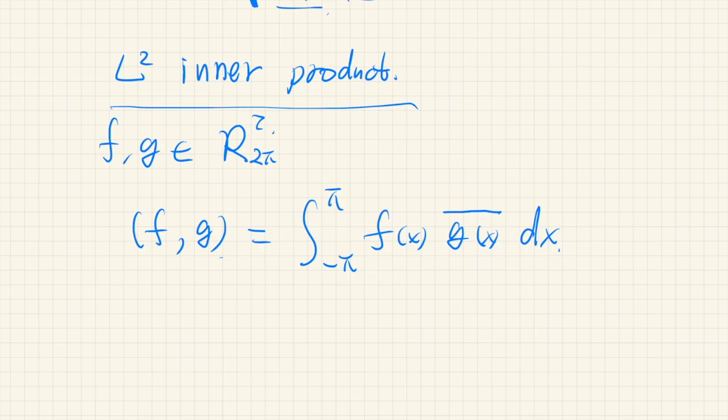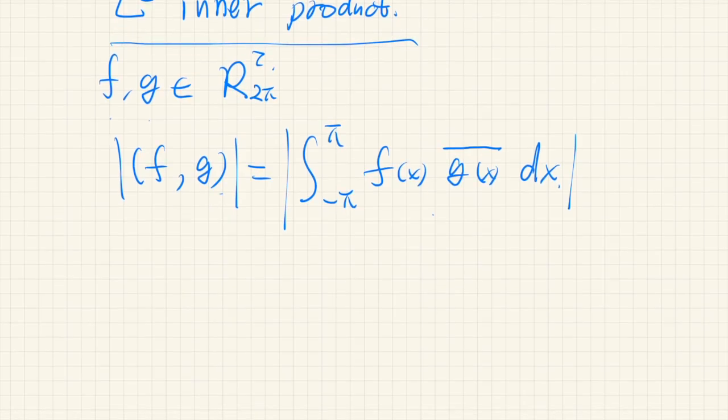Well, we can define whatever we want as long as it makes sense. So does this inner product make sense? What do we mean by that? It means this integral is finite. So let's take the absolute value of this. This is a complex valued function, so the inner product may be any complex number. So let's take the modulus of that, and this is less than or equal to the